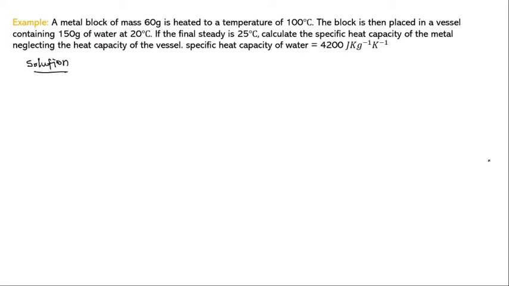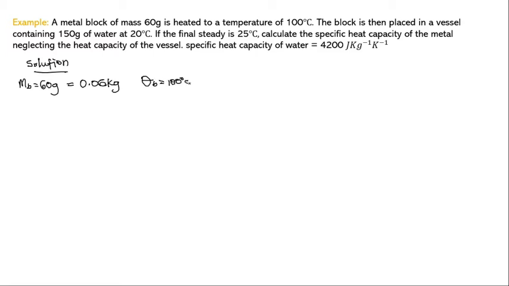Alright, so we have a metal block of mass, so it means the mass of the block, MB, is 60 grams. If we convert that into kilogram, because the mass needed for this calculation should be in kilogram, this will give us 0.06 kilogram. Alright, so a metal block of mass 60 grams is heated to a temperature of what? 100 degrees Celsius. So it means the temperature of the block is